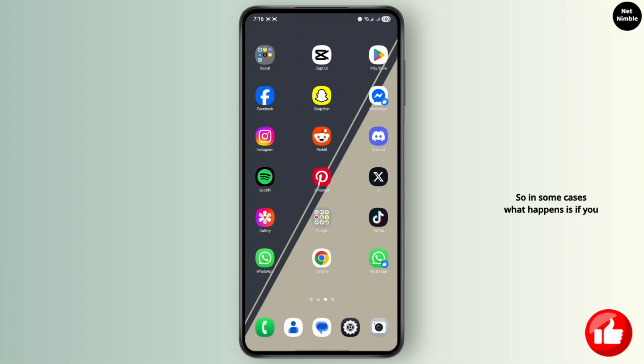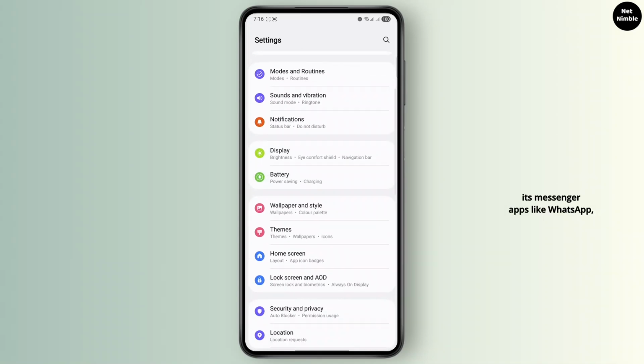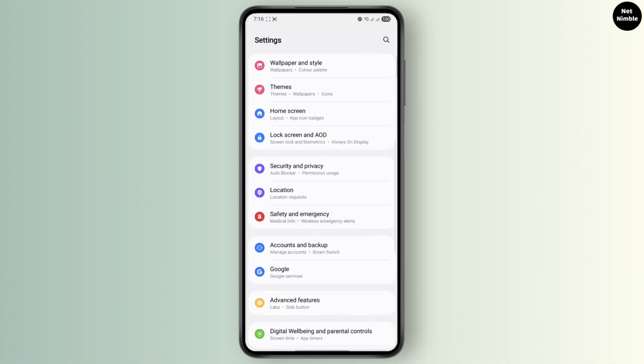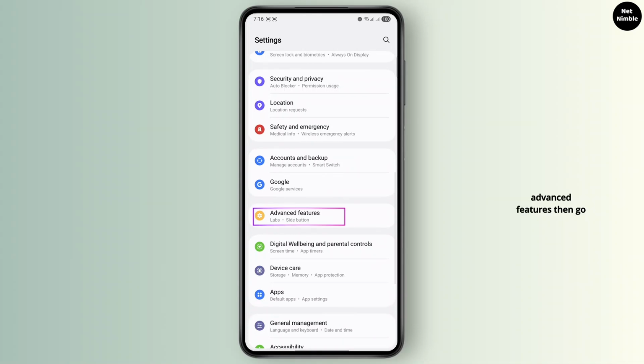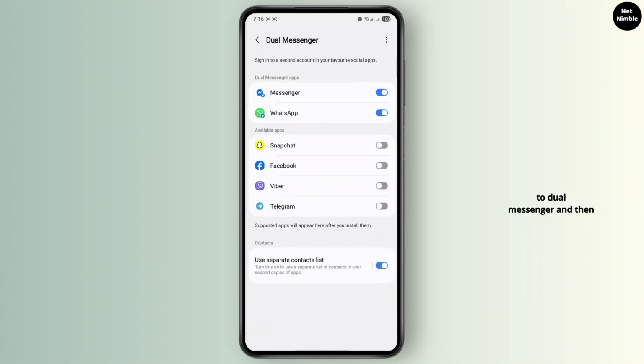In some cases, if you go over to the settings menu, I'm currently using a Samsung device, and Samsung allows its users to clone its messenger apps like WhatsApp, Messenger, Telegram, and more. So you can do that by going over to advanced features, then go to dual messenger. And then from here, you can clone all of these apps, and you should be able to log into WhatsApp